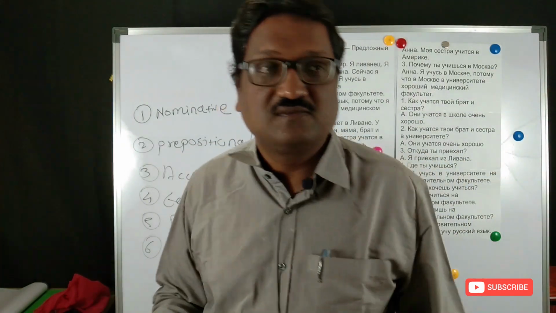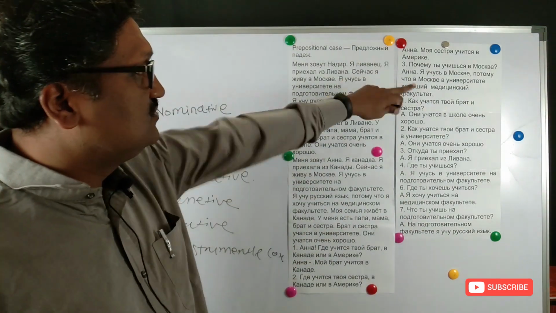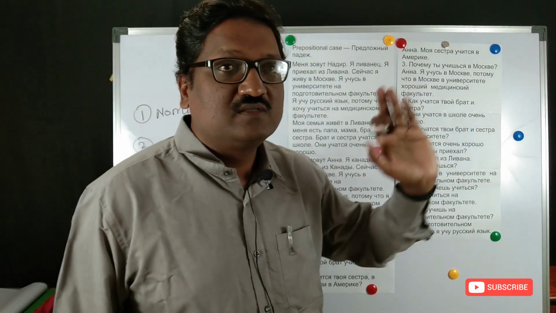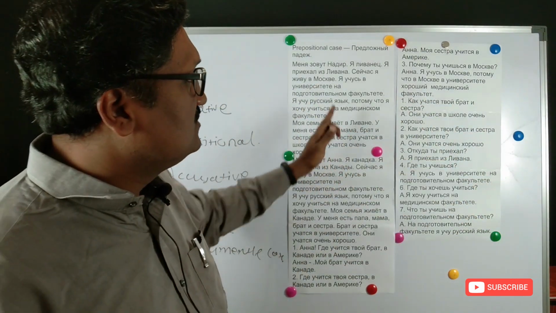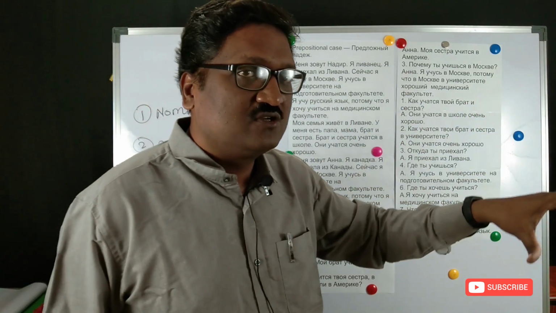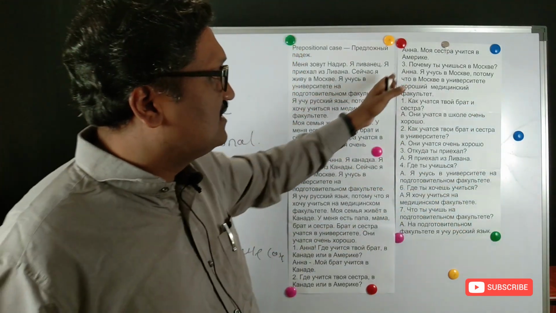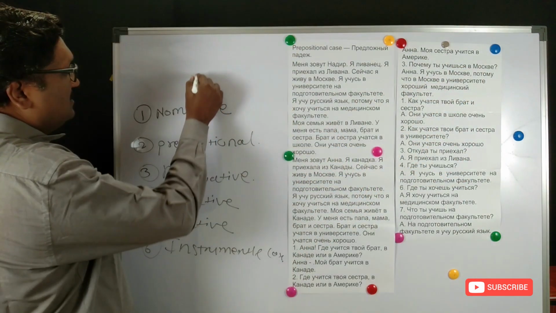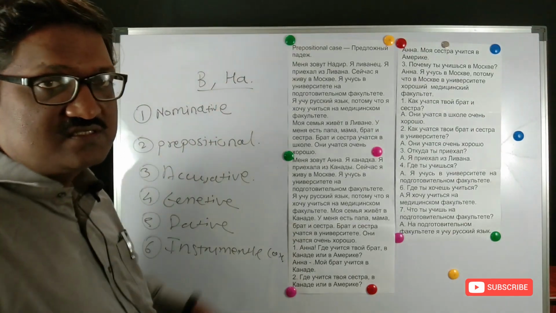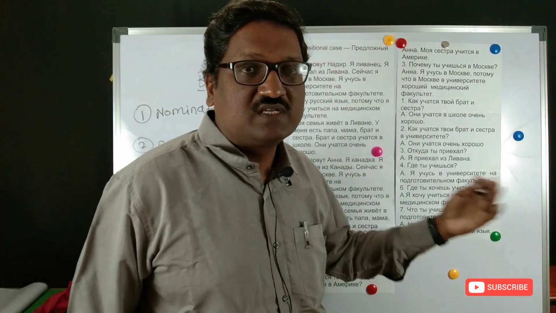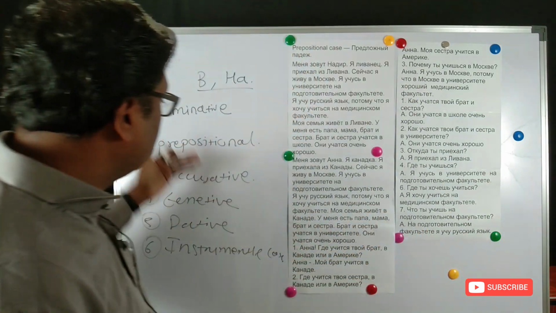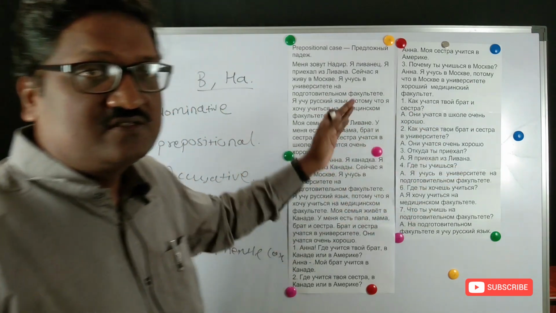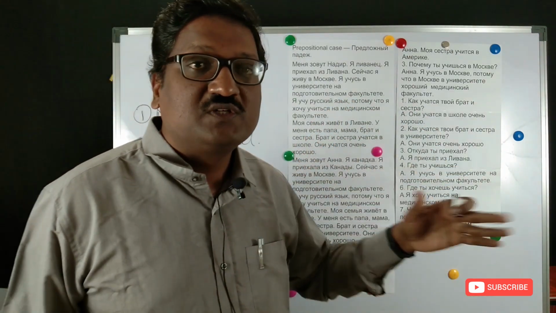In the prepositional case, the noun is used for indicating the place where you want to go, where you work, where the place is located. If the noun is used as a place for indicating some particular thing, that comes in the prepositional case, with certain prepositions added to it, like в and на. These prepositions get added to the noun and the noun forms change. That is how all these cases work. In the prepositional case, the preposition is added and the noun changes. It is used for indicating the place or object of thought.